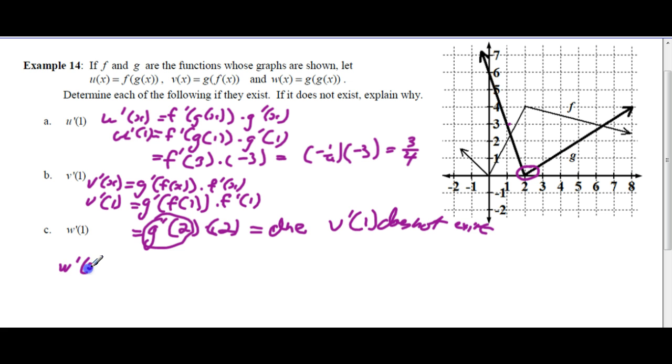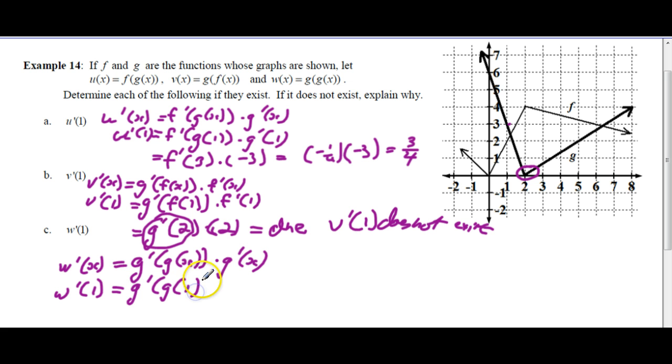w prime of x will be g prime of g of x times g prime of x. w prime of 1 is g prime of g of 1 times g prime of 1. So g at 1,